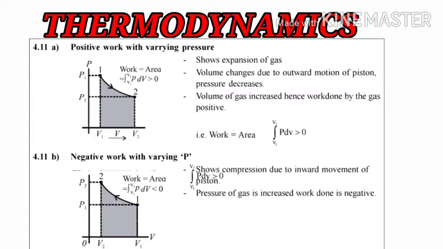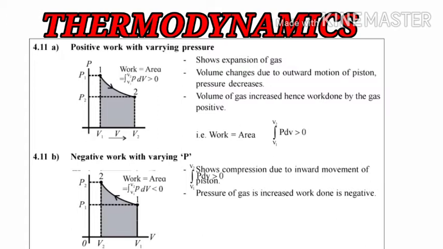Hence, you can see at point 1 the pressure P1 is at its value and the volume V1 is constant, and this process of state change will move from point 1 to 2. At point 2 the volume has changed while the pressure P2 is constant. So this is the process from 1 to 2 of state change.